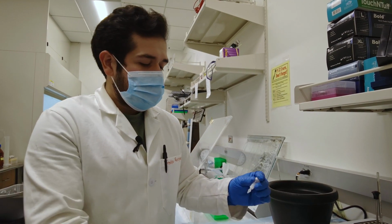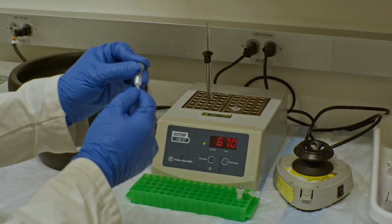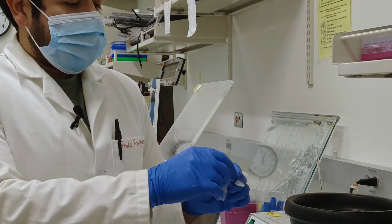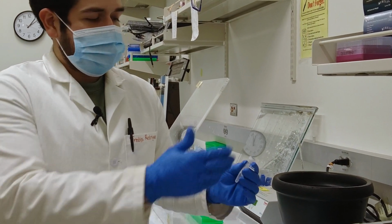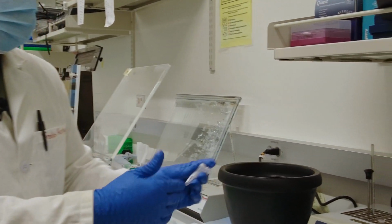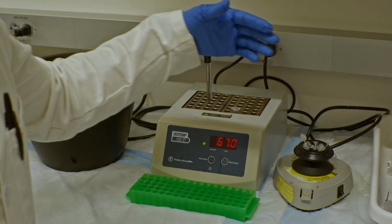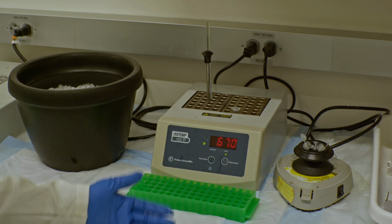want. In order for these to work, you have to snap off this triangular end off of these columns and then put it on an Eppendorf tube. You can also untwist the cap ever so slightly, just a quarter of a turn, just to allow some of the air to go into the column. You'll want to balance it out with another column that's not opened, and then centrifuge it down for about a minute or two to remove any of the storage buffer that's found within the column,